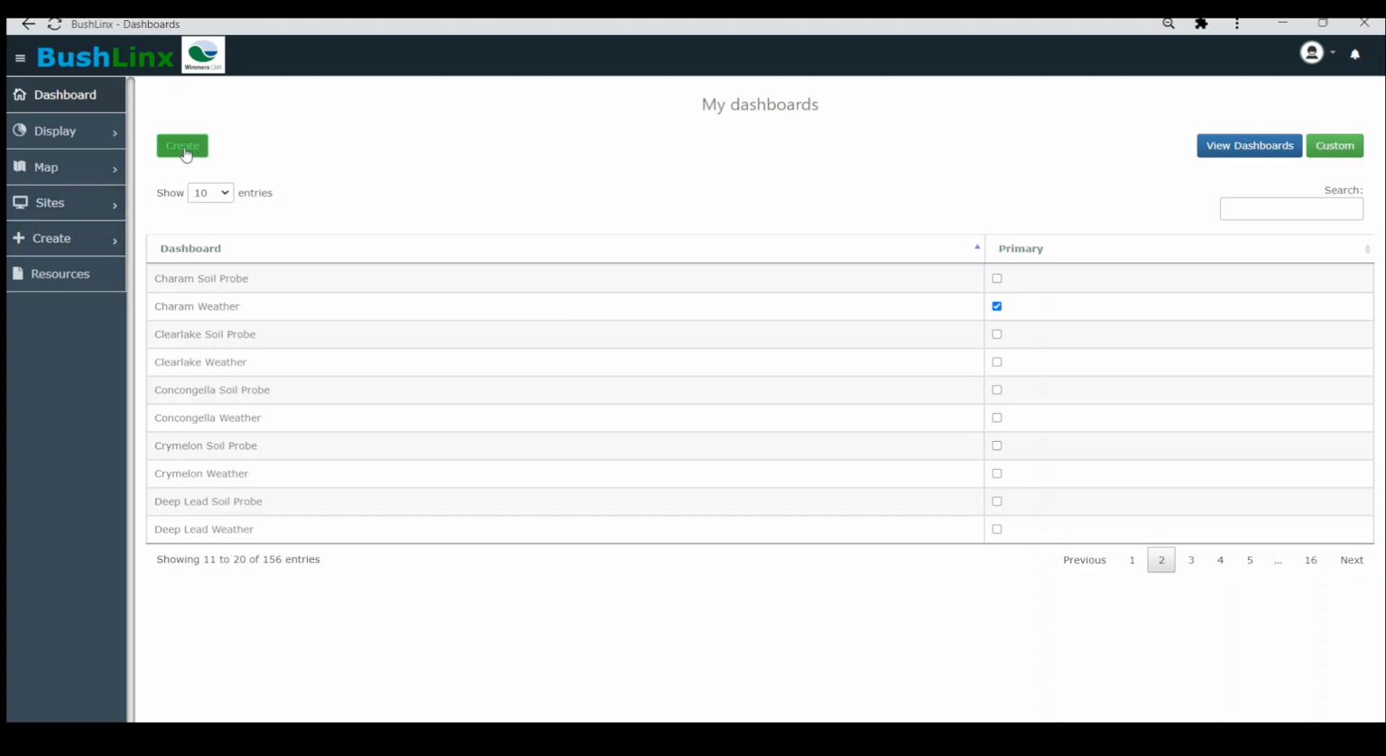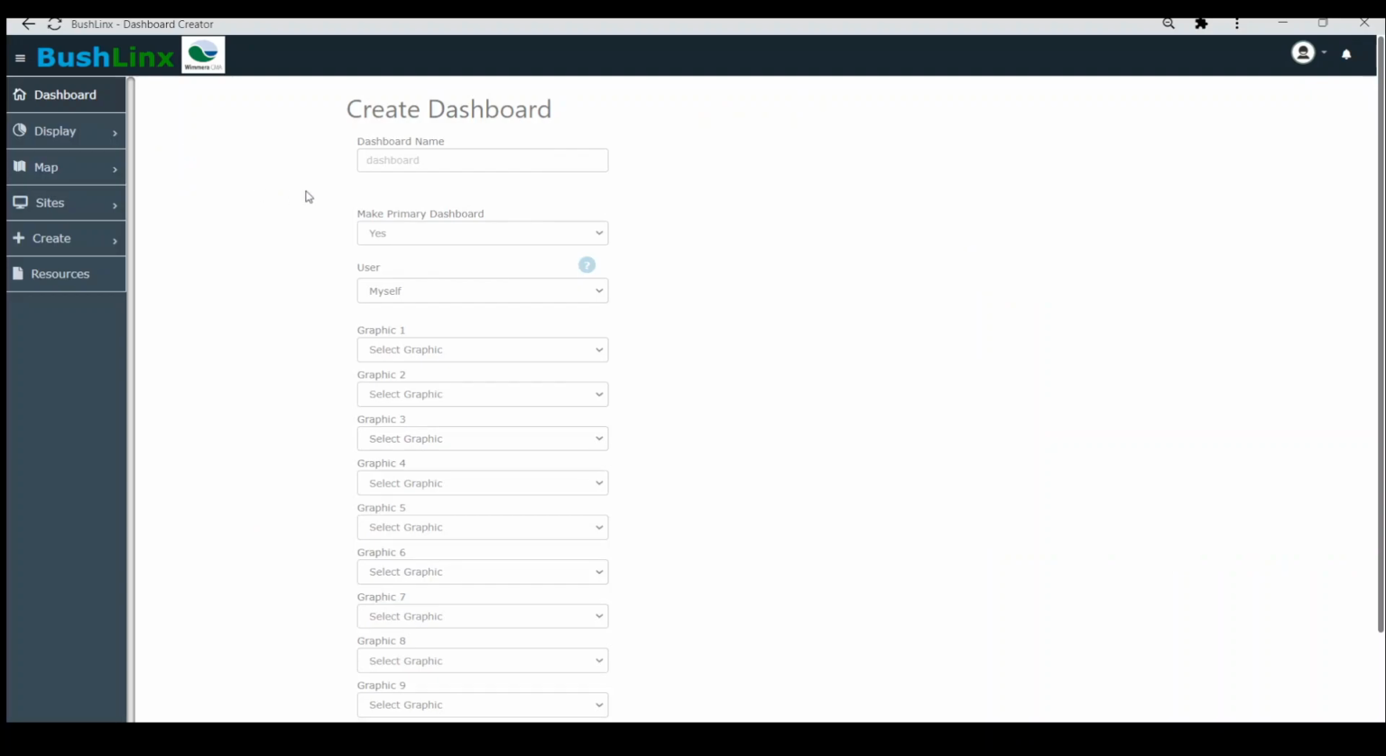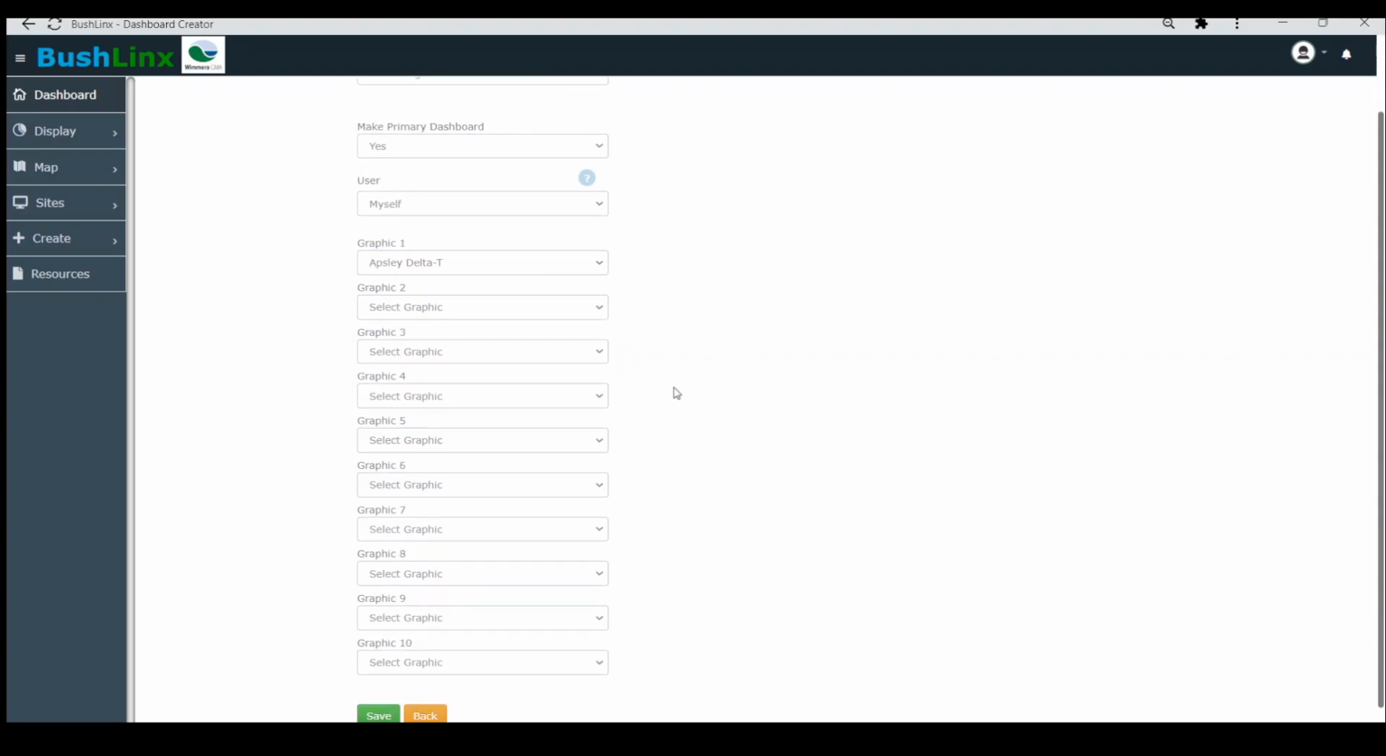So creating a dashboard, we can create our own and give it a name, a something name, if we want it to be our primary dashboard or not, and select the graphics that you'd like to go on that dashboard. So there's a lot of sites in here in the Wimmera system, so perhaps you'd like to look at a range of sites, but one particular thing you might want to see is delta T and what's happening on a certain number of sites around you